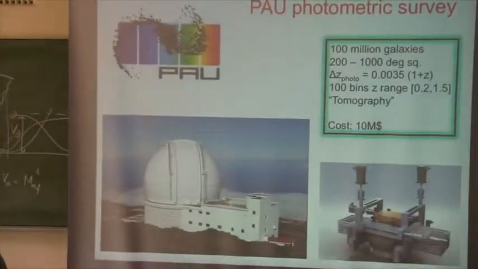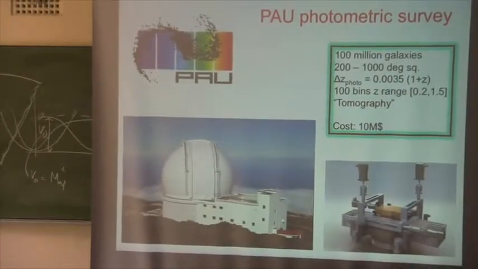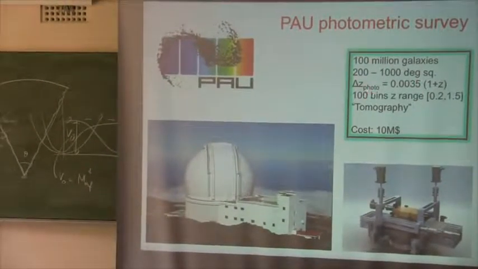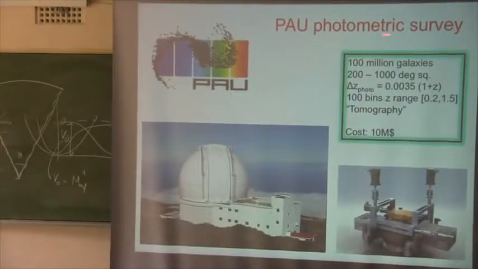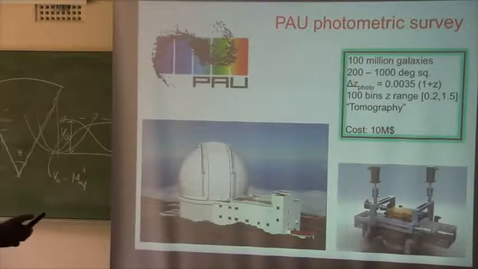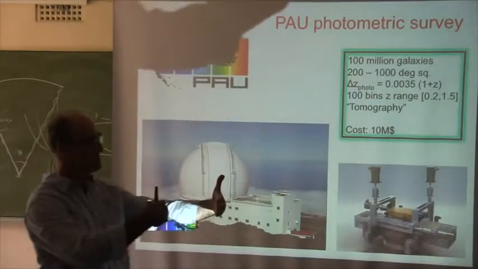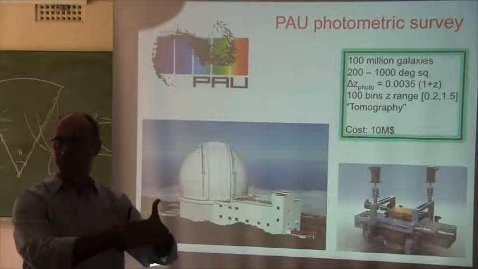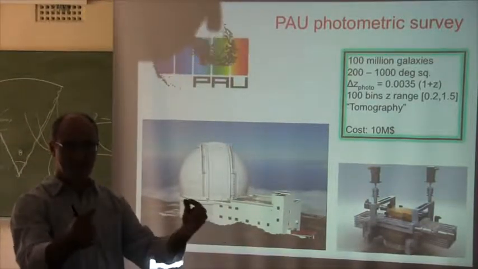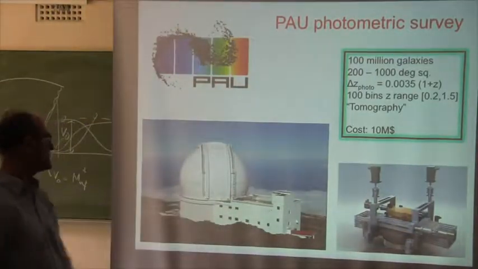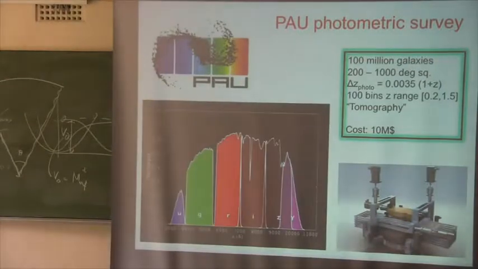Data is not yet out. What about improving our photometry? If we can go down to a few per mil rather than a few percent, even if you don't have that many galaxies or such a large area, you can do tomography. You can try to answer Albert's question with much higher precision. So now your bins, rather than being, say, 0.02 or 0.05, are 3 per mil in width. So you know exactly where those galaxies are, so you can do very fine tomography. Ask how the equation of state changes as a function of redshift with high accuracy.